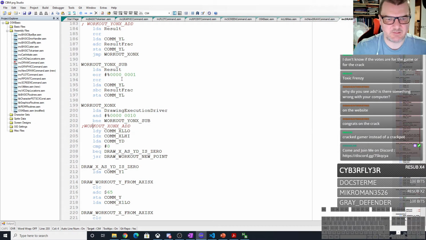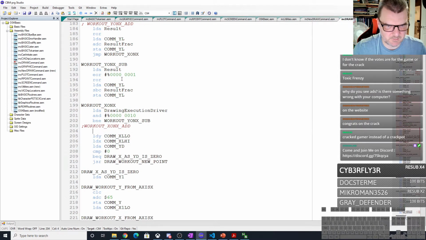Now in this particular instance we're only adding or subtracting 1 because we're running across the x-axis. So LDA com